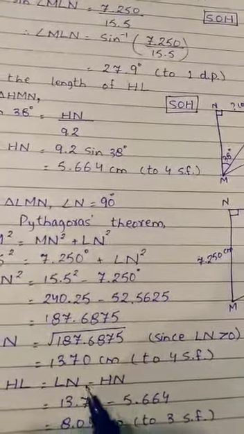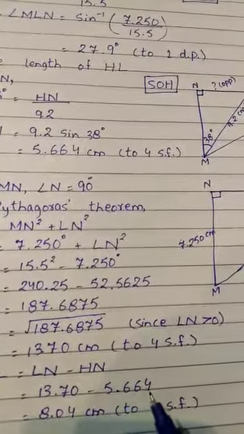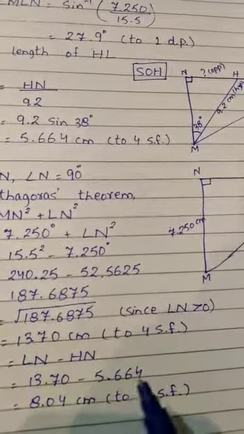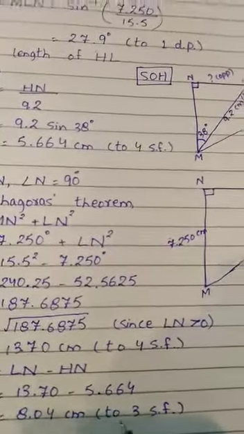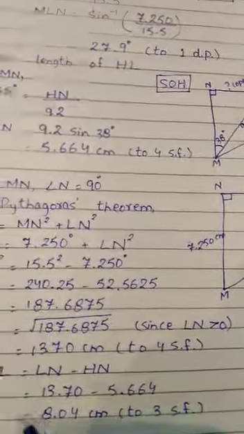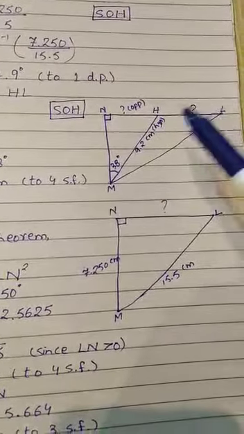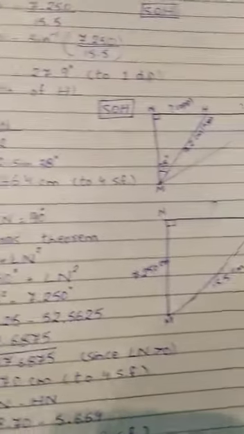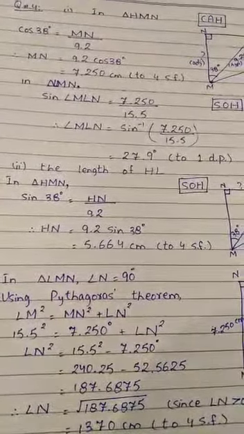And then, you only want to find the HL length, so HL is equal to LN minus HN. LN is equal to 13.70 and HN is equal to 5.664. You subtract both and you get 8.04 centimeters to 3 significant figures. So the length of HL is equal